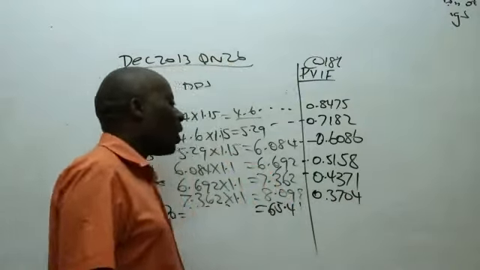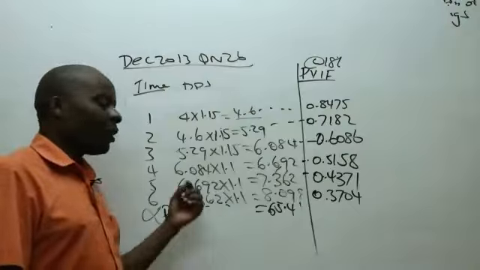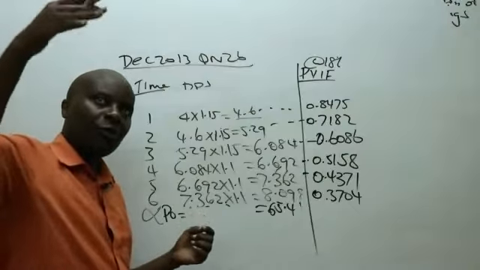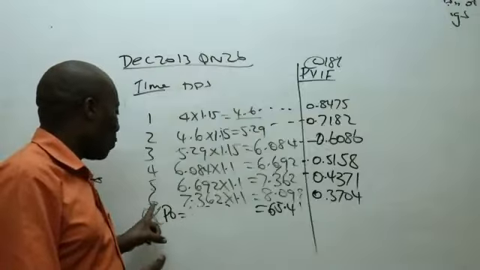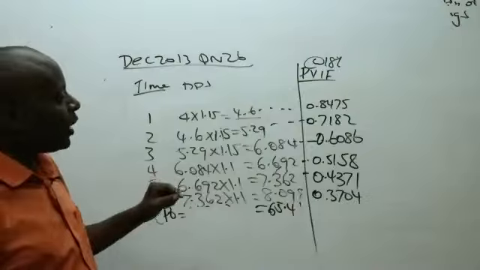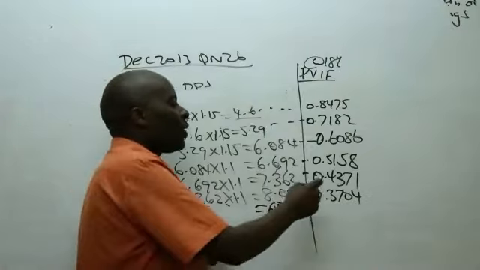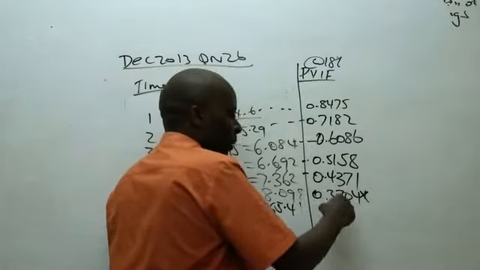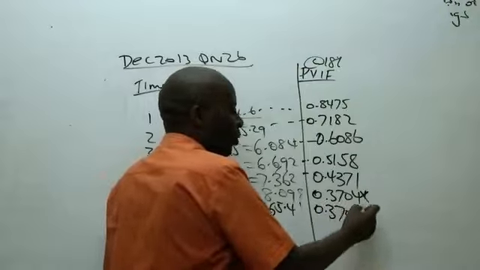0.3704. How about this infinity, which by the way has already been discounted from the future, but all the way up to the end of year 6. So the infinity has also to be given a present value interest factor, which is the same as this one. You simply take this one down for this arithmetic.